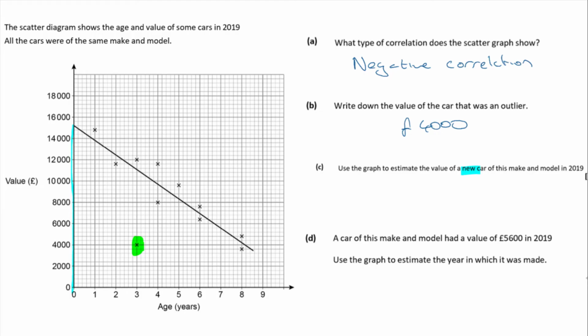Okay, so I can see that's like 3 little boxes up from 14,000. So I've got 5 little boxes that span £2,000. So each little box is going to be a fifth of £2,000. If you divide 2,000 by 5, you're going to get £400. So each one of those is worth 400. So I'm thinking that's 14,000, 14,400, 800, 15,200. So that is my estimate. I'm going to estimate that the new car is worth